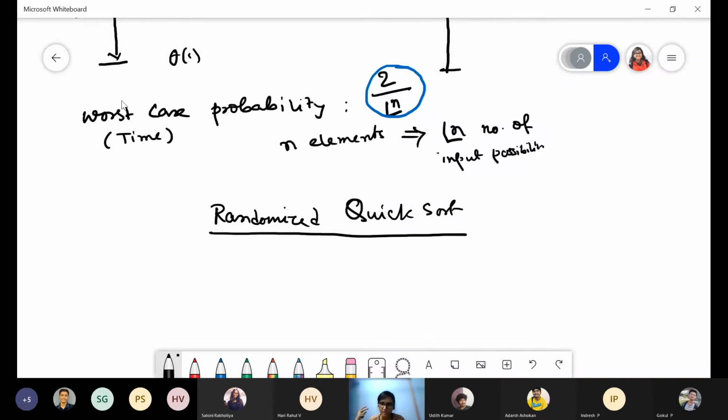Another plus point is in case of merge sort we do blind partitioning, whereas for quicksort we do intelligent partitioning. And third is for merge sort, what we do is we compare every element with other elements. But in case of quicksort, we compare two elements only when one of them is the pivot. So if you see this,